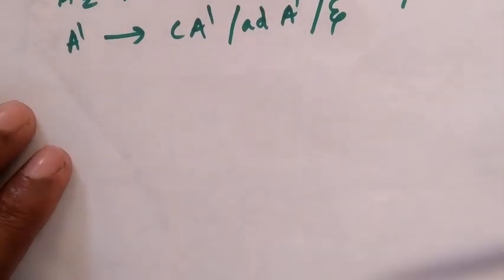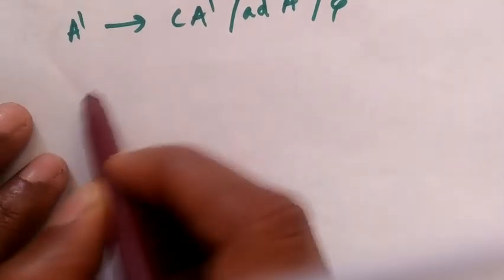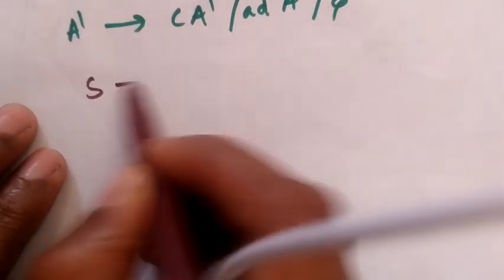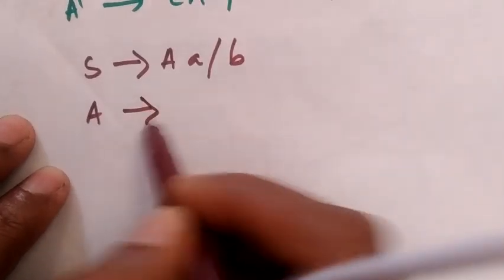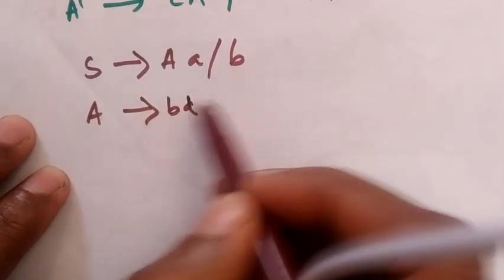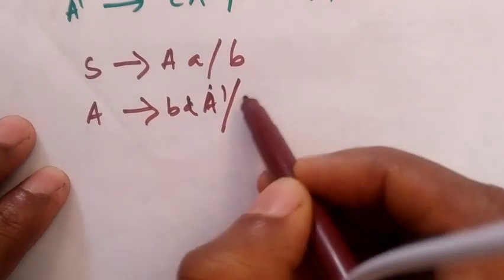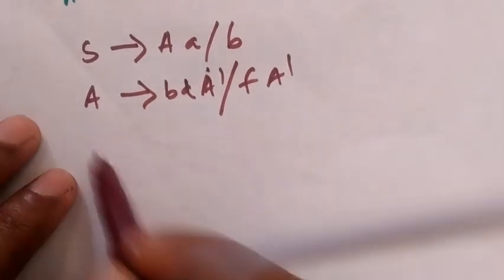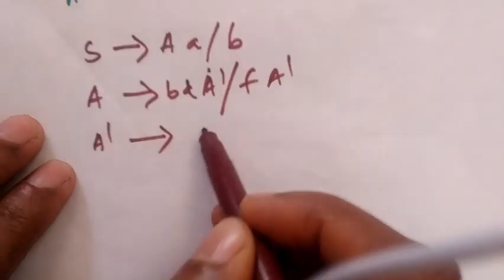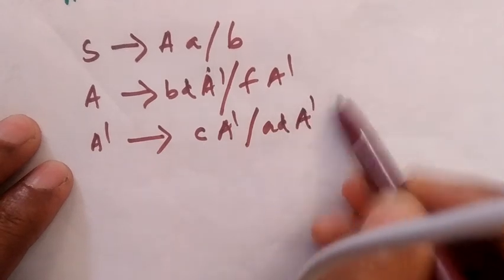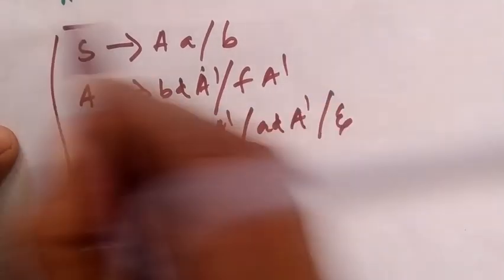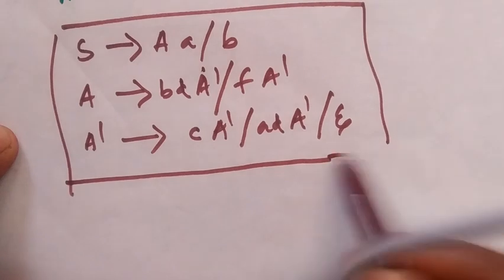So the final one is: A1 is S, so S gives A2, which is A, or B, and A gives BD A dash, F A dash, then A dash gives small letter C A dash, AD A dash or epsilon. So this is the final grammar where we